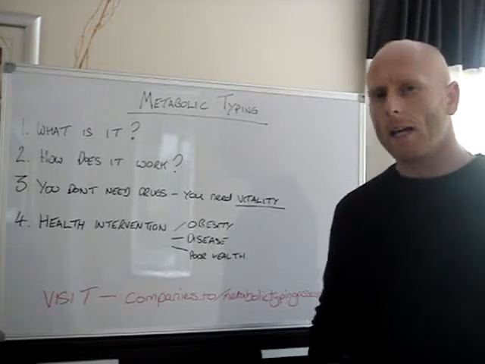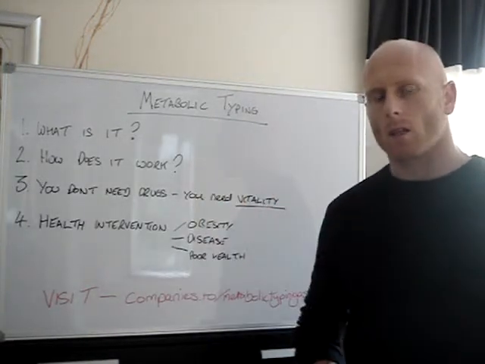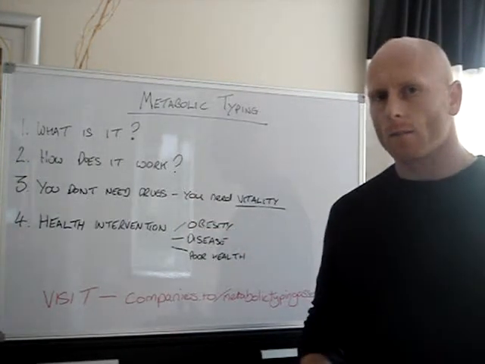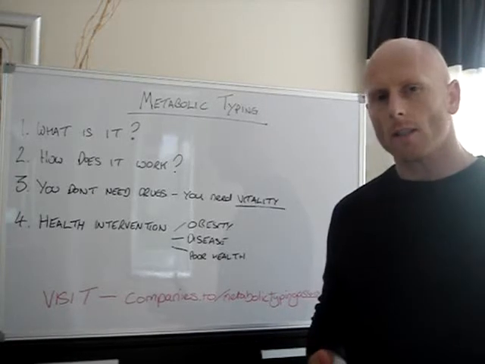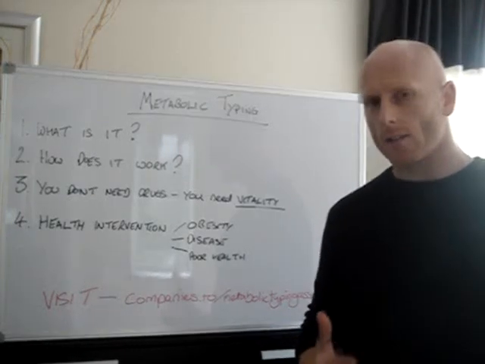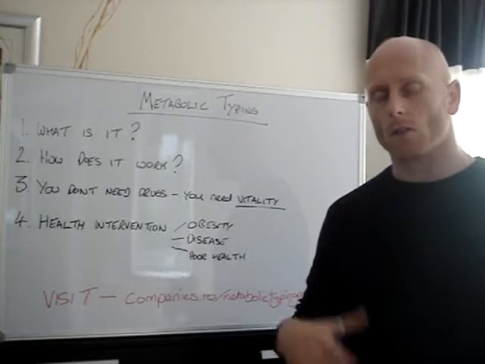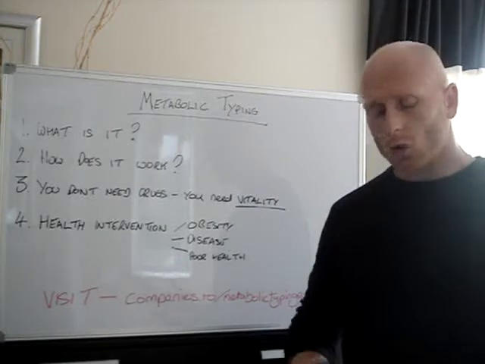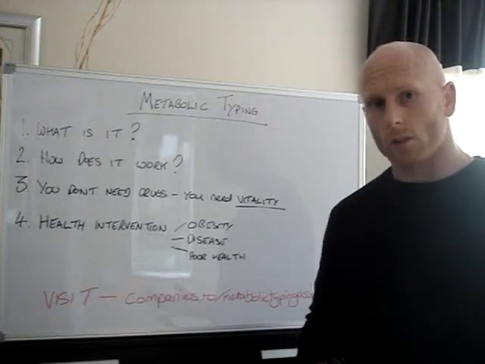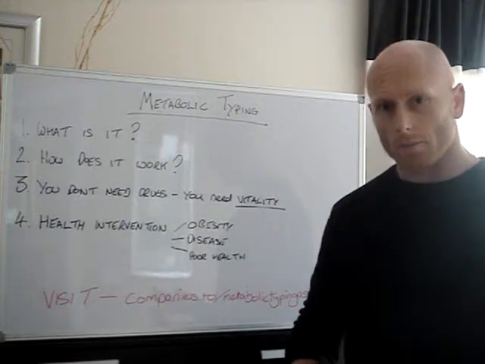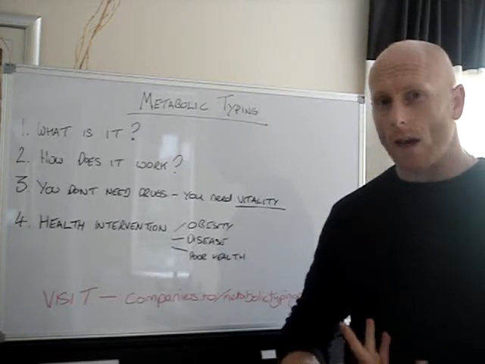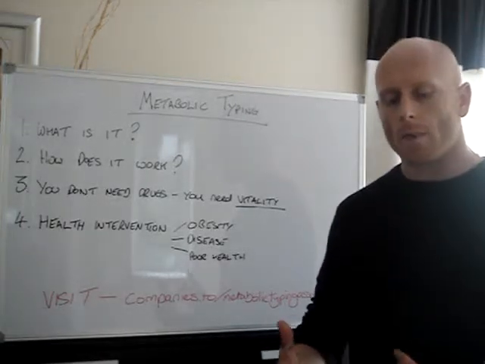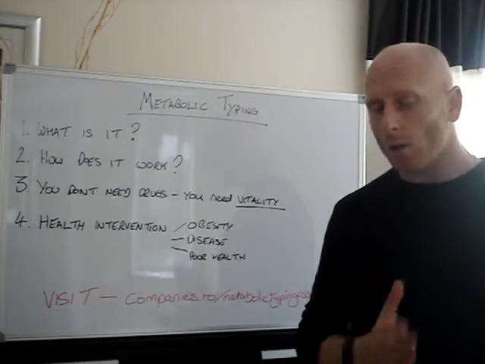I'm going to talk to you today about metabolic typing. What is it? Number one, it's a test that you fill in, like a questionnaire, that looks at the 10 systems that your body lives on, or requires to be fed every day. Your autonomic and parasympathetic nervous system, your endocrine system, your pH balance, your acidity, alkalinity. The list goes on. Blood group, all these other things that work within the body, and that each person has